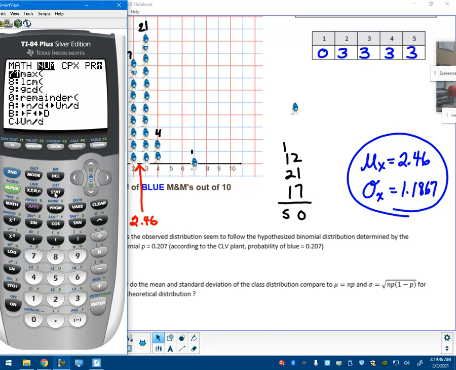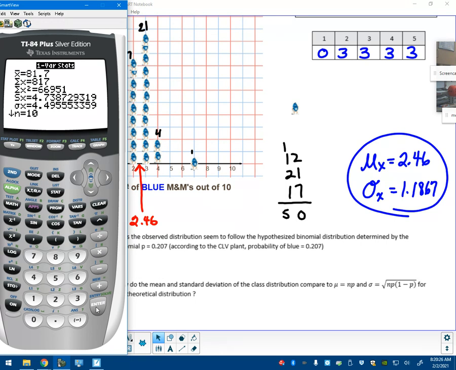Second list operations, I want to do sum. Cumulative sum keeps adding the one to the next to the next. Oh, I know what I can do. I can do stat calculate one variable statistic on list 3. And that tells me it sums up to 817